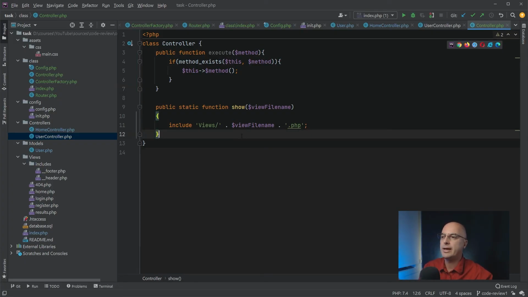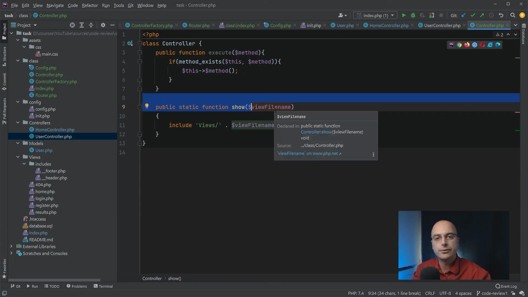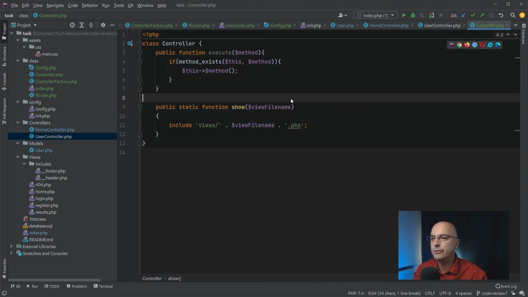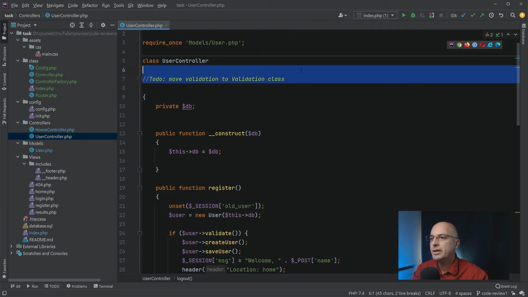Like the database handling, for example, it could be done here inside of the main controller, or we could move a bit more functionality here, some view functionality. So we are reusing our code basically, and we are also keeping this controller model more robust when we make new controllers, when we add more functionality. So if you're not familiar with it, make sure that you understand what inheritance is and what are its benefits in some real-life project. Now, if you remember, inside of our user controller, we have this comment here that says